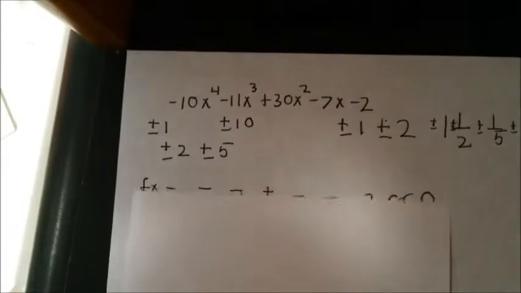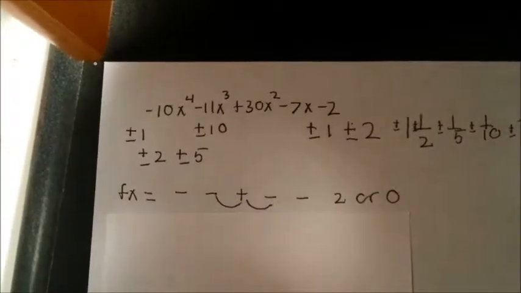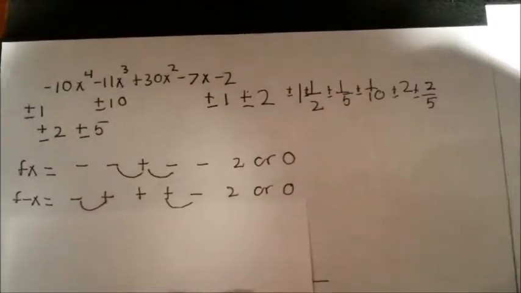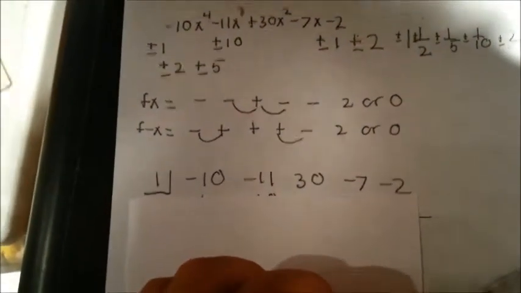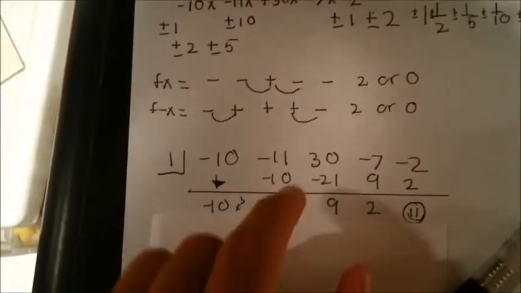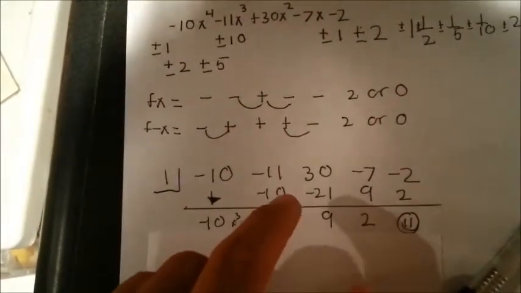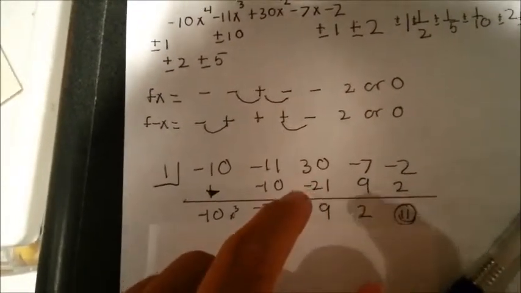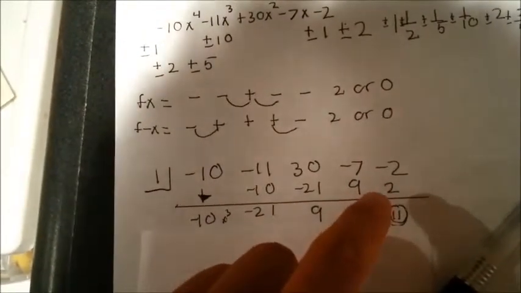We then use Descartes' rule of signs, and we get 2 or 0 for positive real zeros, and for negative real zeros we get 2. We then plug in one of the possible rational zeros, and so we would plug in -1, drop down the -10, combine -21, plug in -21, you get 9. 9 times 1, -7 plus 9 is 2, and 2 times 1 is 2, and so we get our zero here,